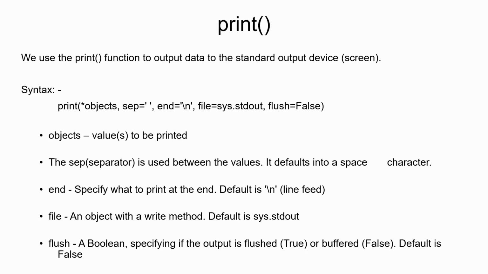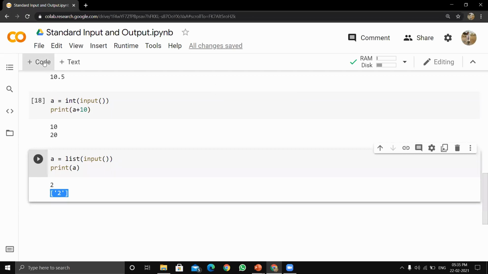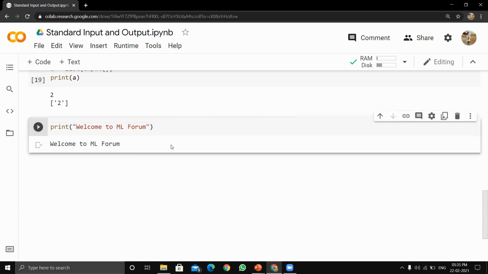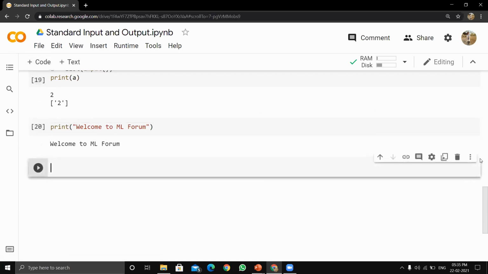So taking an example on print function, we can simply say that print welcome to ML forum. It will print welcome to ML forum.